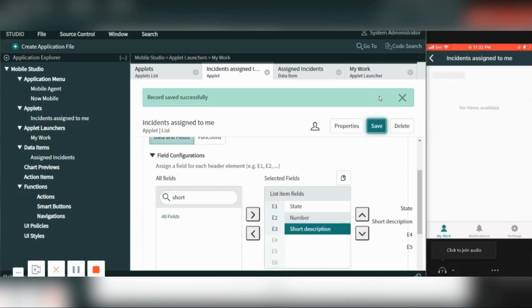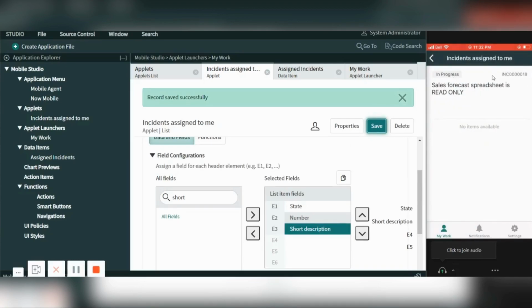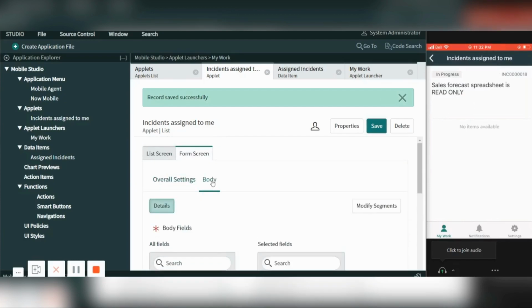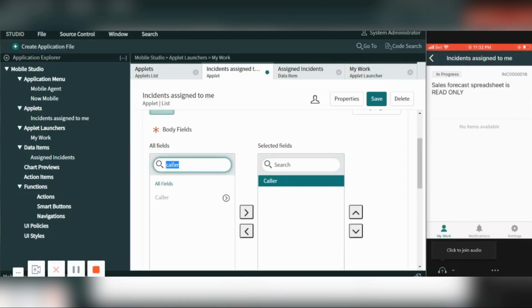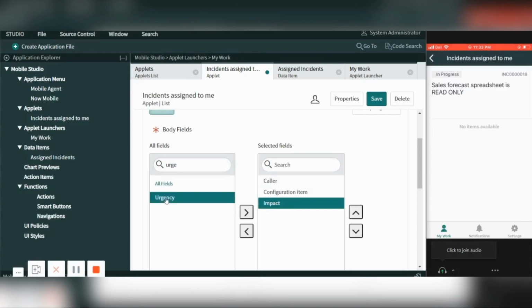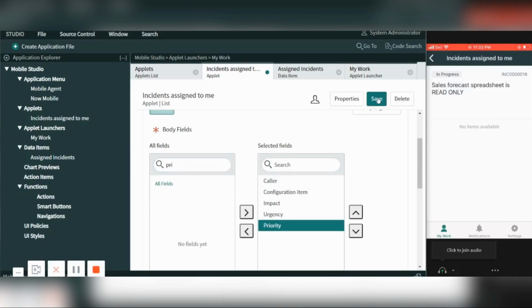Let me refresh it. See, state, number, short description, our header is completed. Now I will go to the body part, the body fields. What fields do we want to display? Let's say I select color, configuration item, impact, urgency, priority, and we'll save it for now.